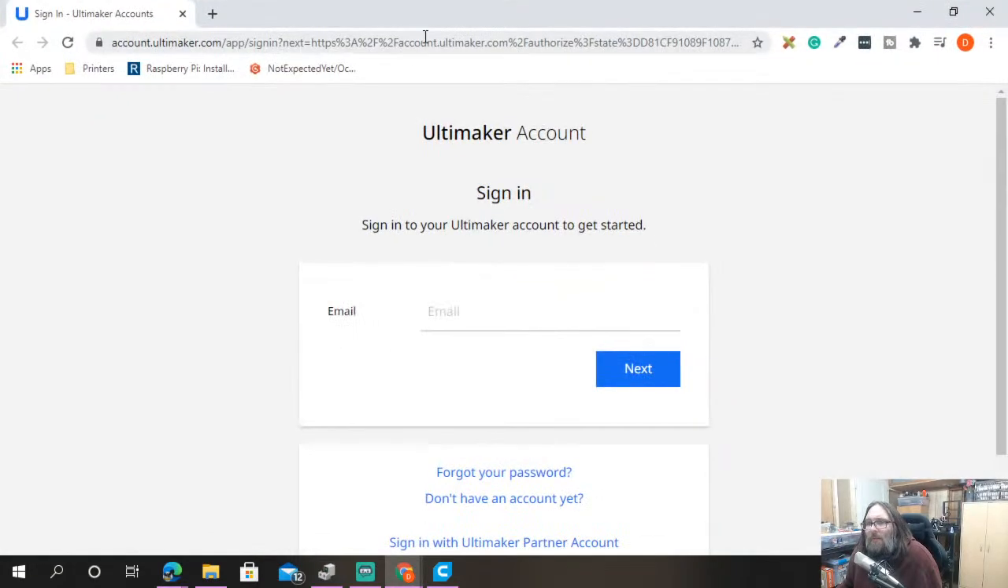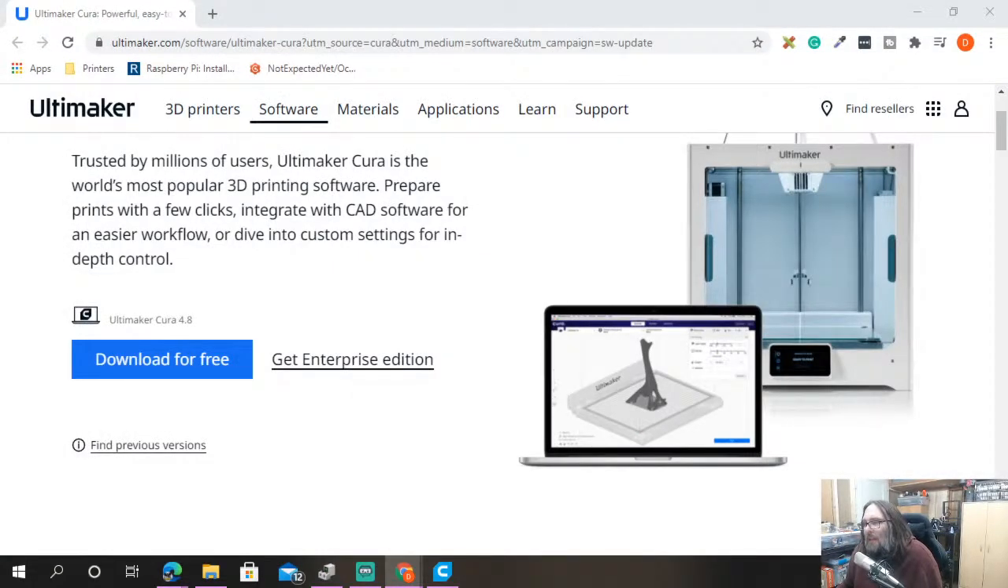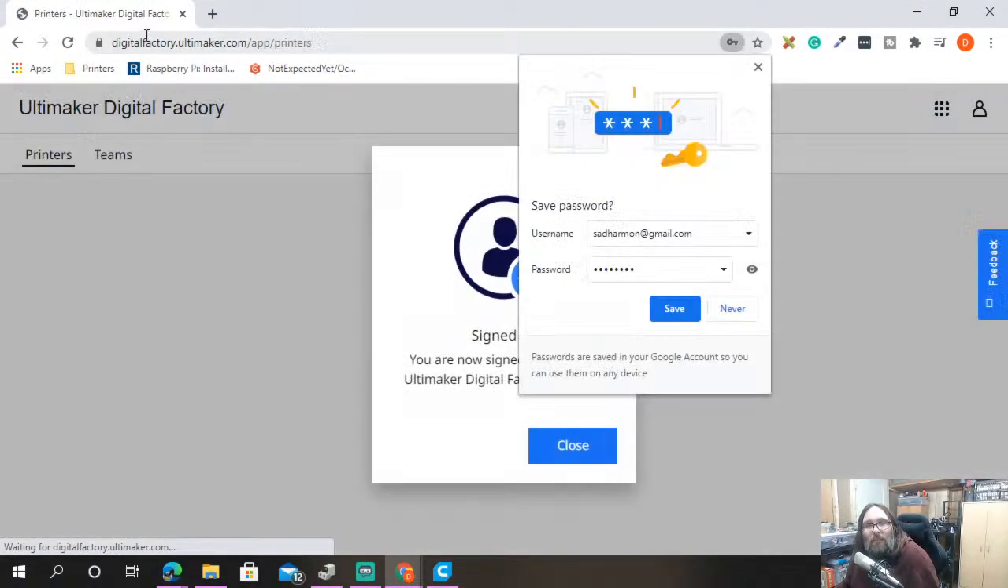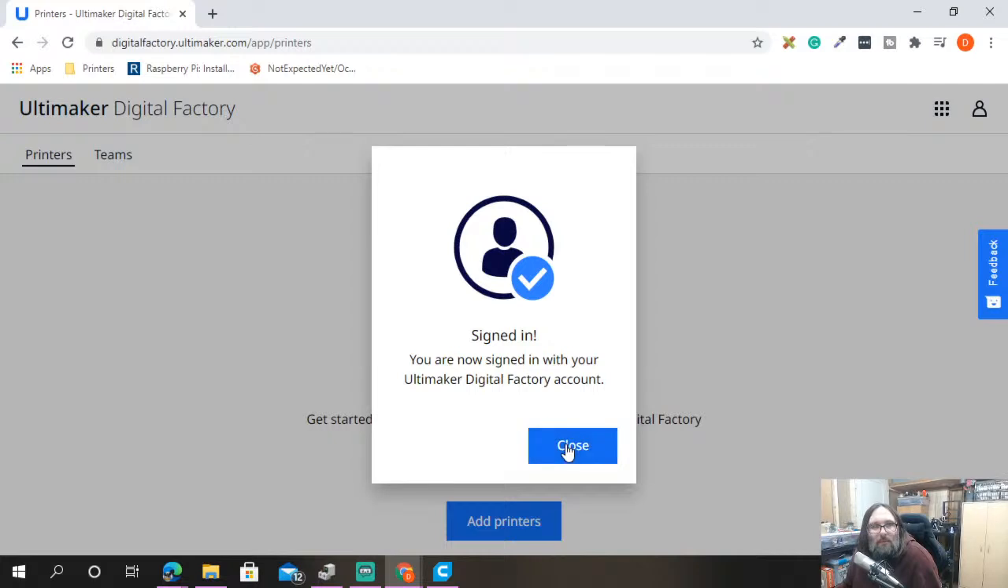I'm going to move the window over, though, to sign in because I don't want you guys to see my username and password. Your username is going to be an email address, and it's also going to be, obviously, your password. What your Ultimaker account does is let you store backups of your configuration, a bunch of backups of your configuration. So you can see here that I've made it. It wants to save my password. I'll click close. I don't want to save my password, but you can see here you're signed in with your